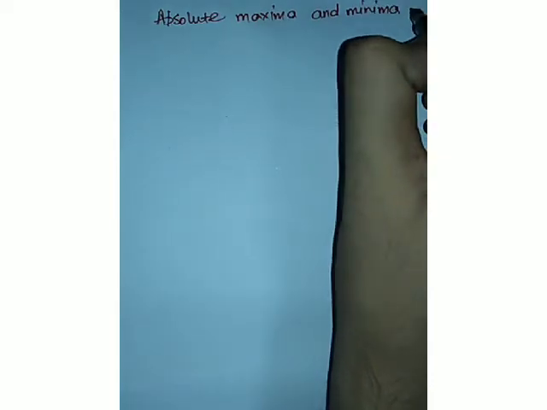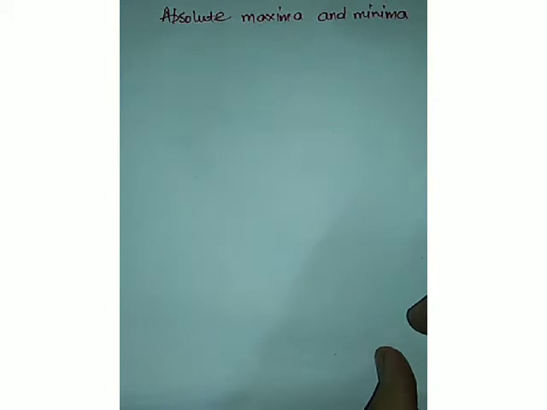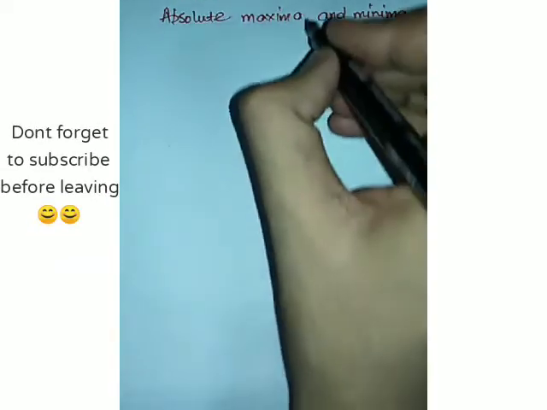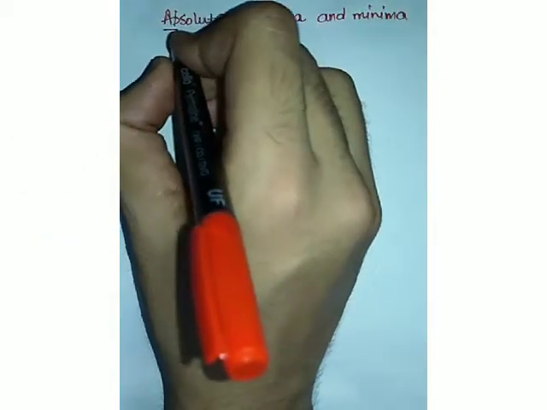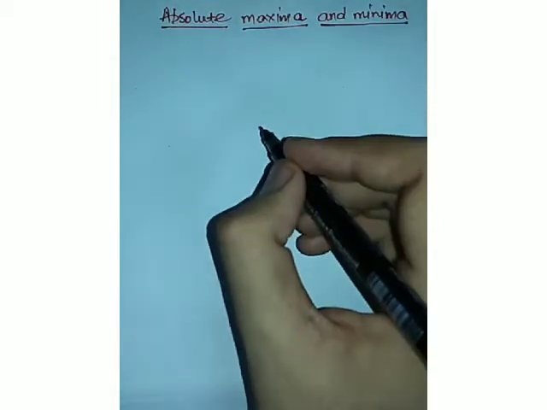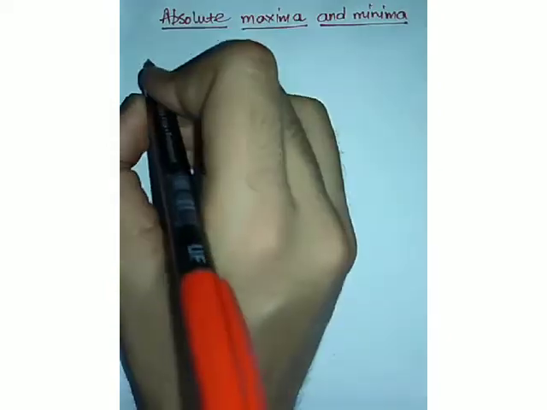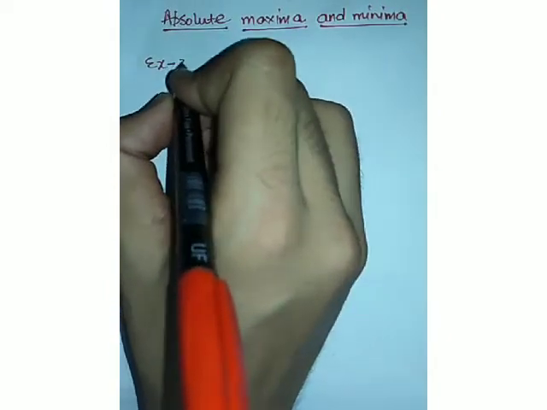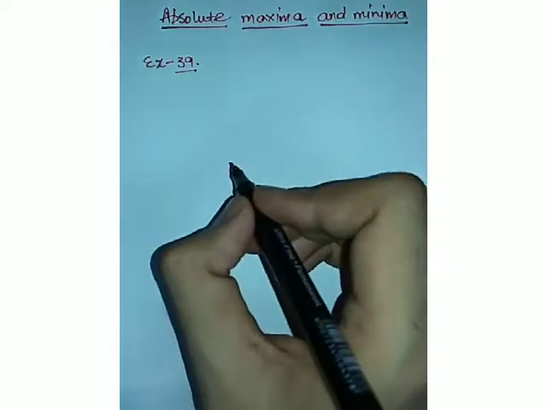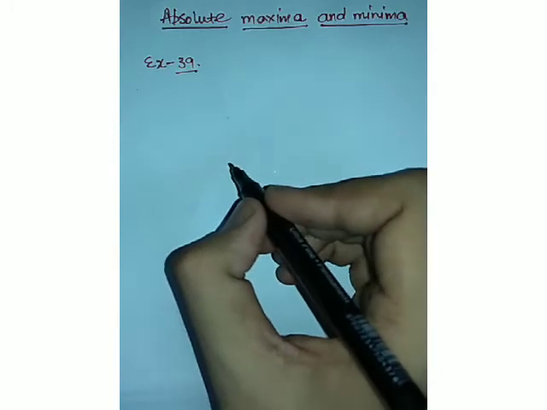This is the easiest concept that you can come across in the entire chapter, and it is very easy to understand and to make other people understand as well. In this concept, two values in a closed interval will be given and one function will be given, and you have to find the absolute maximum and minimum values. That's it. So we'll do it with our very first example, that is example 39, and you will see that the concept is very easy and will be cleared immediately with only one example.